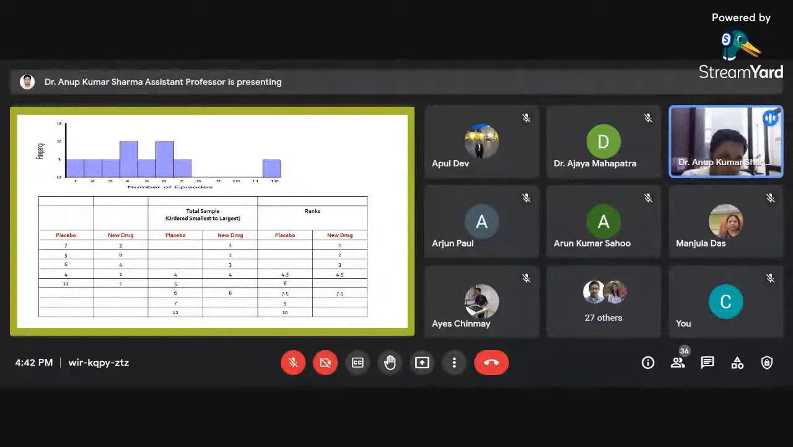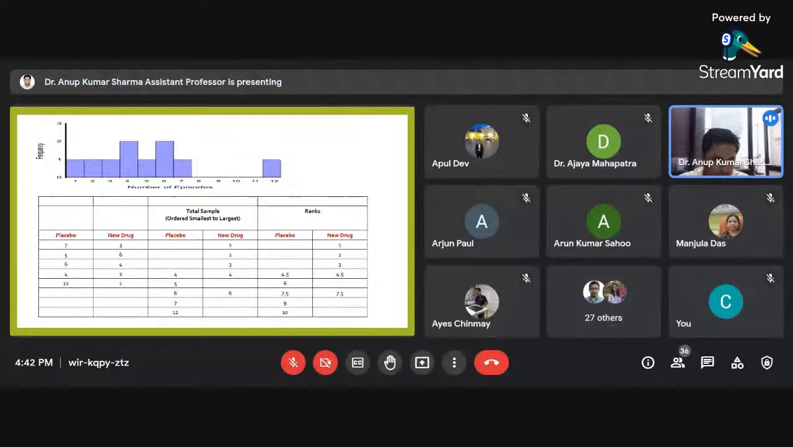1, 2, 3. So here 4 is repeated for both the placebo and the new drug. So that's why the frequency is 2 here. 4 is repeated, 5 one time, 6 two times, 7 like that. So placebo is written here, and here the new drug. Now we are ordering, because when we are giving the ranks,